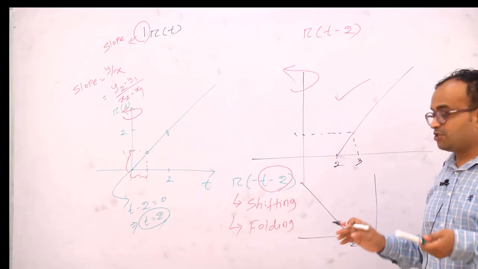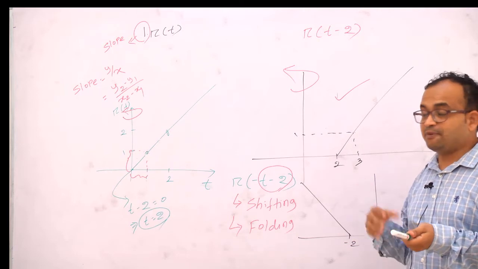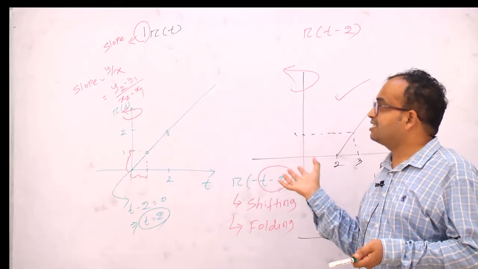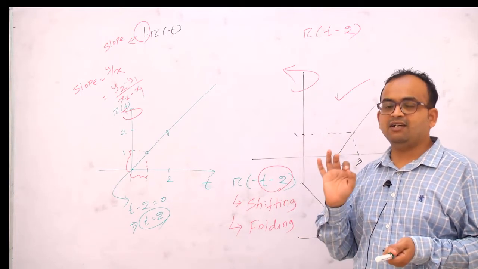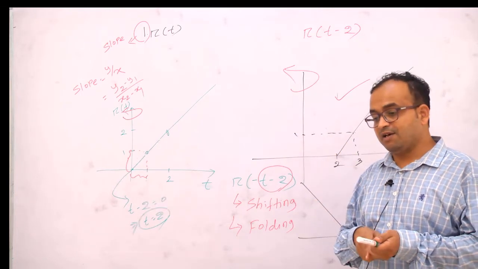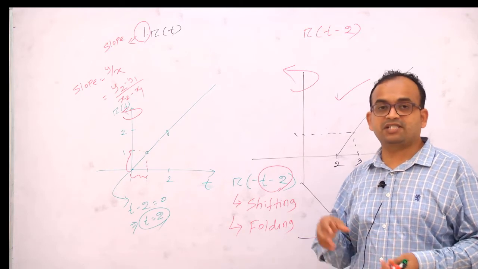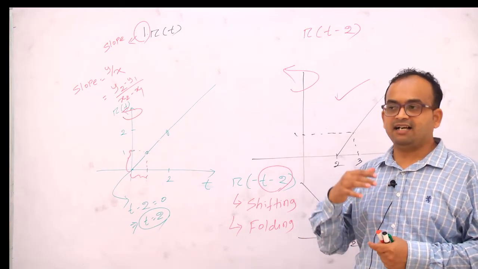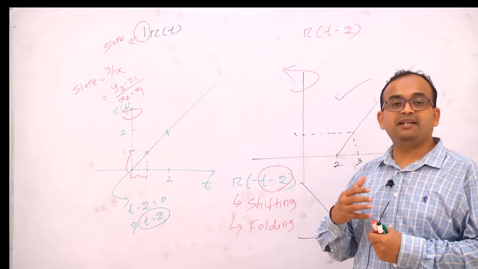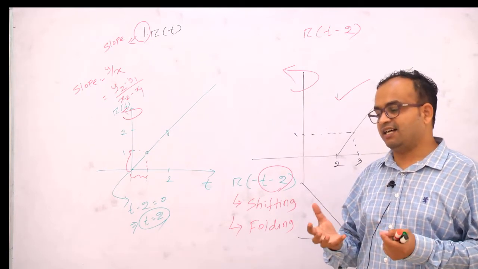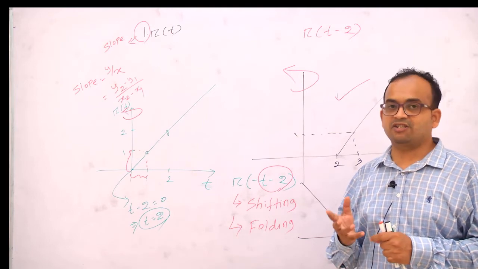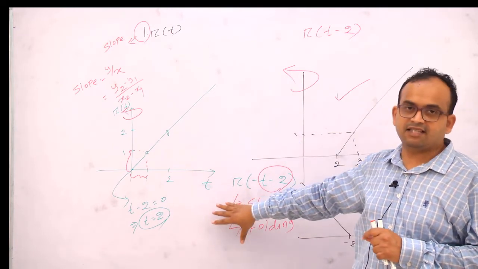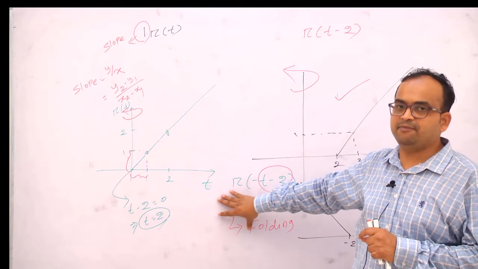So these are the basic operations we discussed in the last class, the basic mathematical operations of the signal. Now the next thing is we are going to see more operations, very important ones, like the addition of two signals, multiplication of two signals, differentiation of signals, and integration of signals. These things we will discuss now. After this, the general operations like shifting, folding, and scaling.